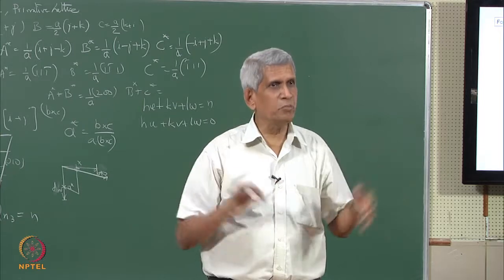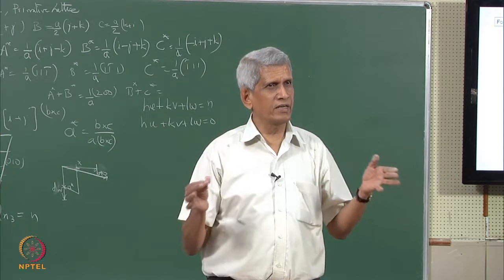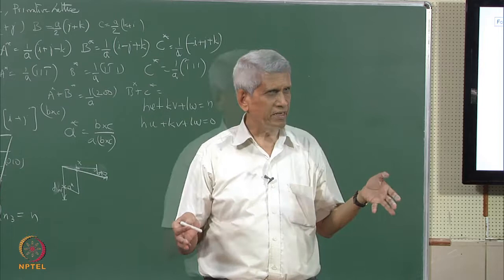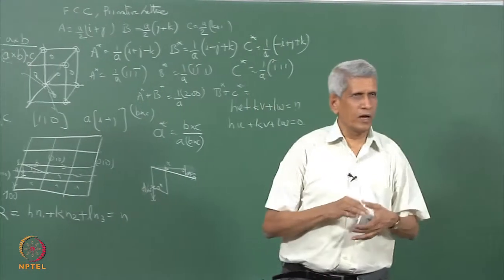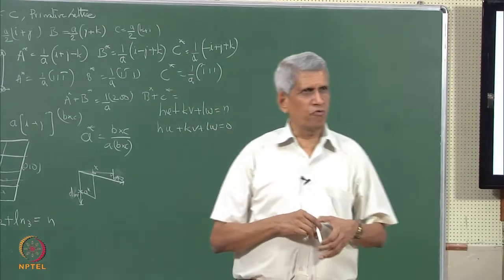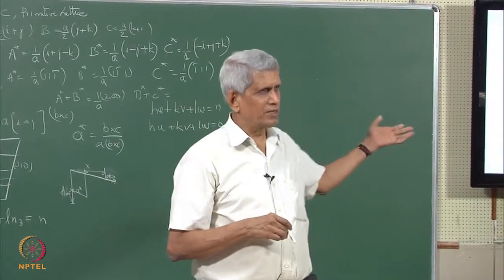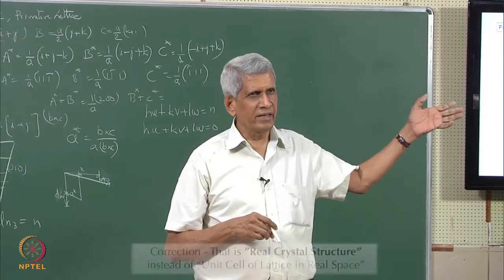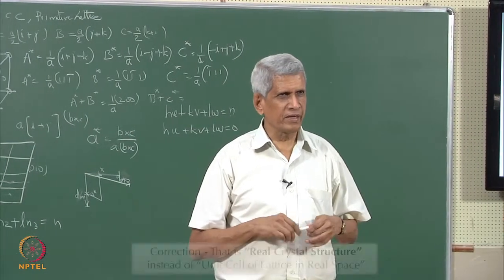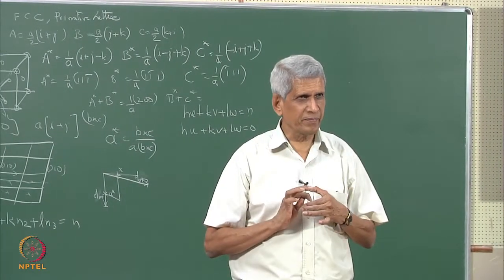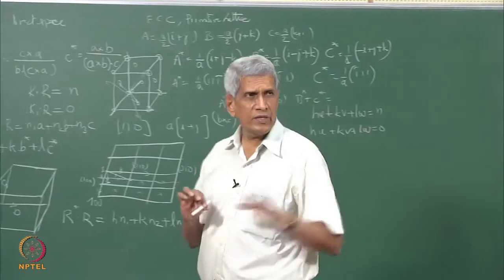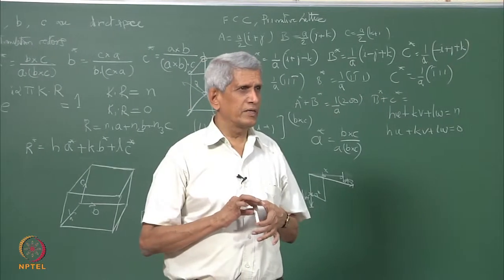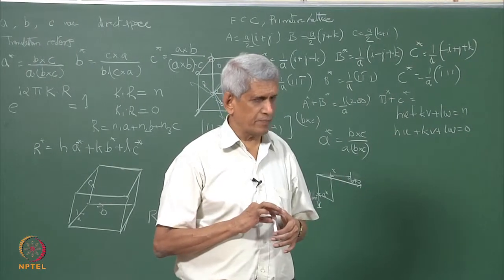If we analyze this pattern, then we can construct the complete reciprocal lattice, correct? So, in principle, if the full reciprocal unit cell is available, from that we can construct back the real crystal structure, correct? That is the philosophy behind this. So, this is essentially what we have looked at; it is a geometrical construction.